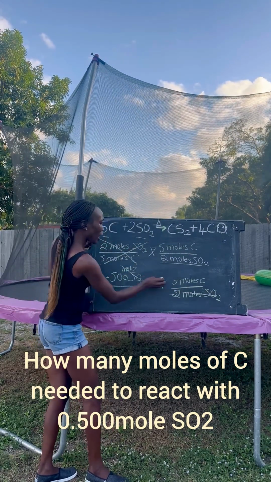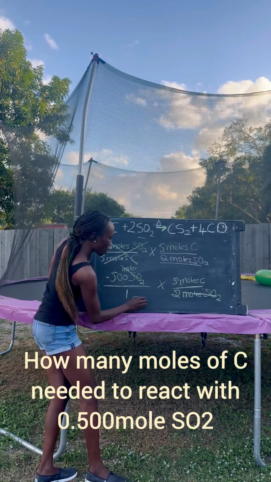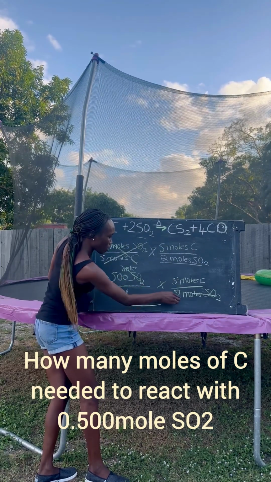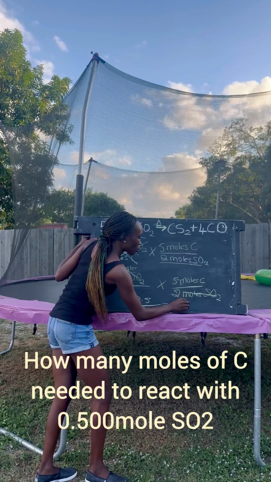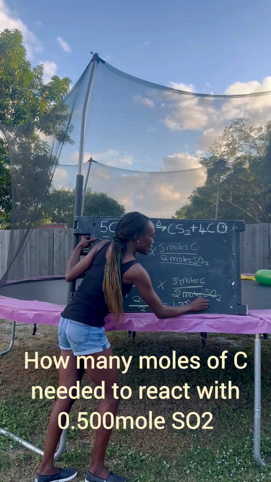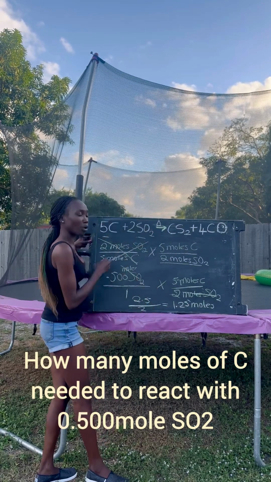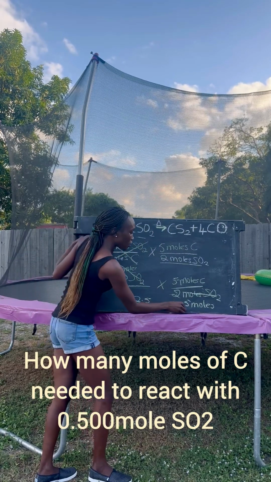You multiply half by 5, you end up with 2.5. Divide that by your 2 here, and you end up with 1.25 moles of carbon is needed to react with half a mole of SO2. It is still in 3 significant